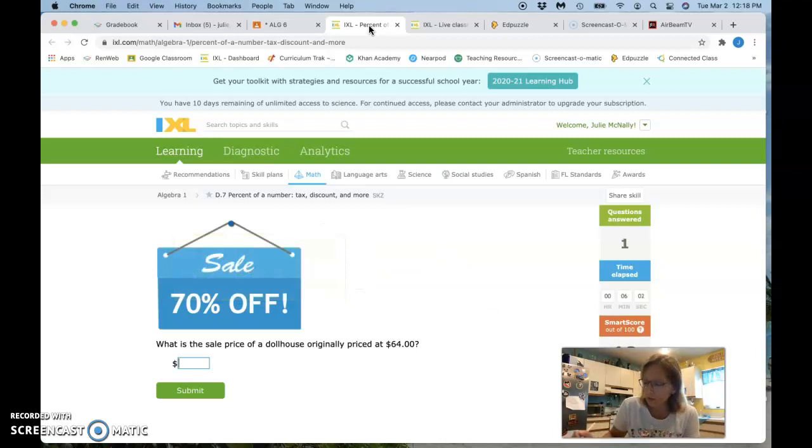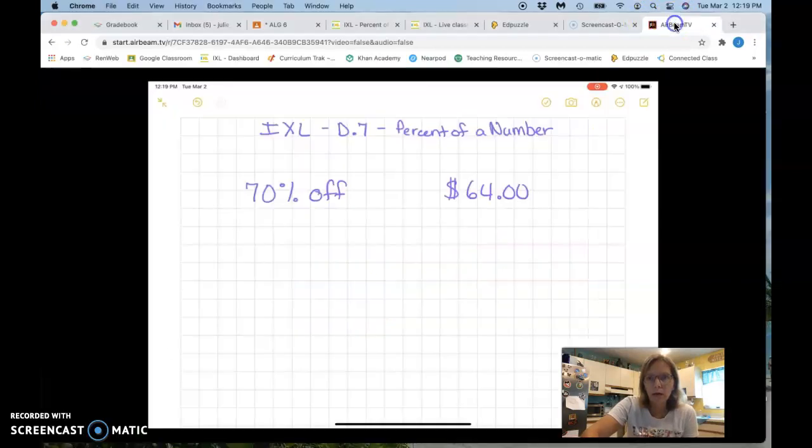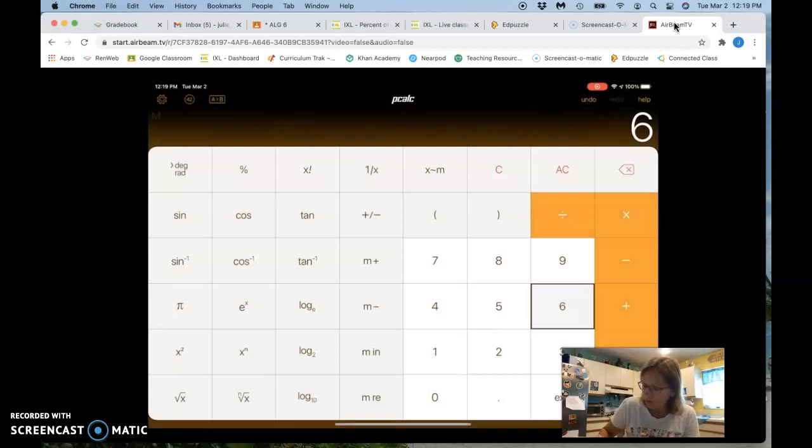All right, so here's another one. We got 70% off. And what is the sale price of the dollhouse that's originally $64? So again, we're going to do 100 minus 70, because that's going to tell me how much of that $64 I'm going to have to pay. So that's 30. Move the decimal point 2 places to the left, and I'm going to multiply this by 0.30. So 64 times 0.30,